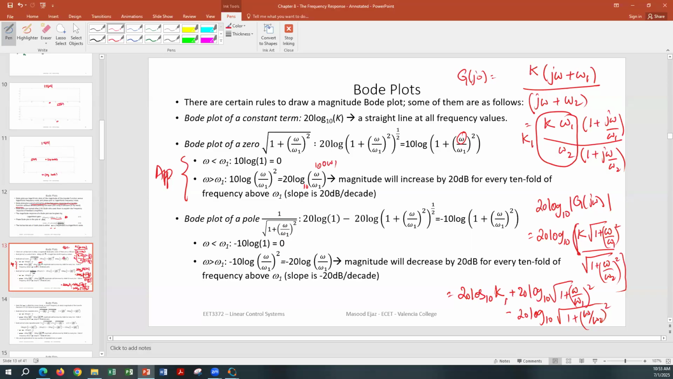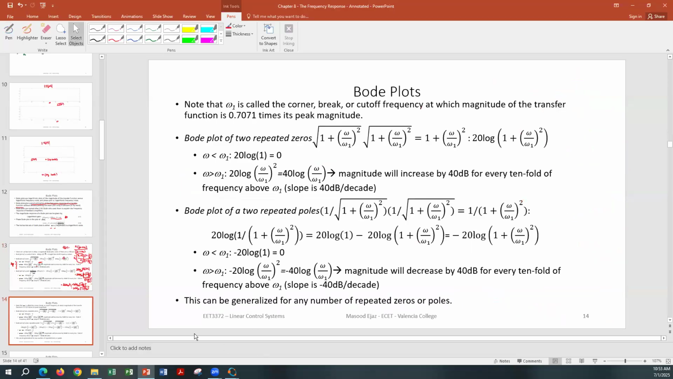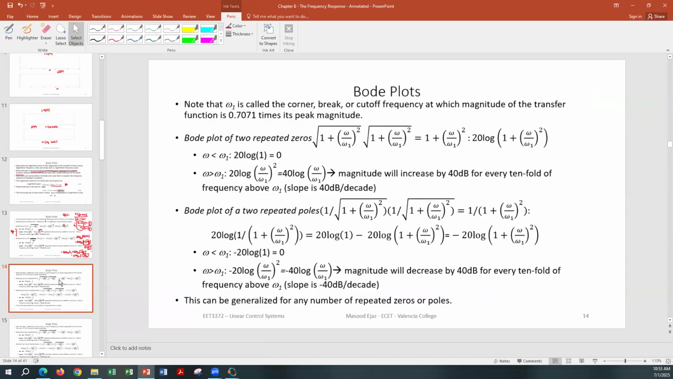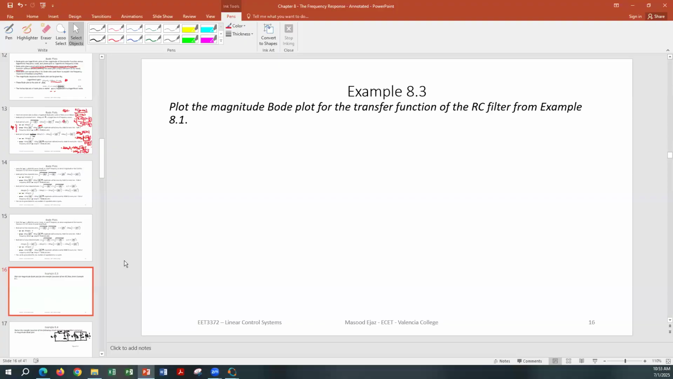So let's do an example. All right, before we do the repeated roots, let's do an example first. Let's see if we have something here. Plot the magnitude Bode plot for the transfer function of the RC filter that we discussed above. Okay, so that's easy though. The RC transfer function that we had,